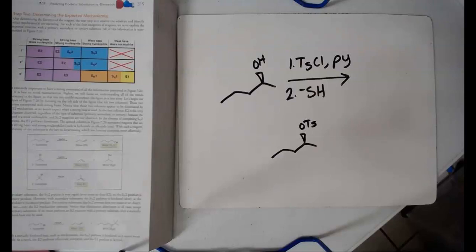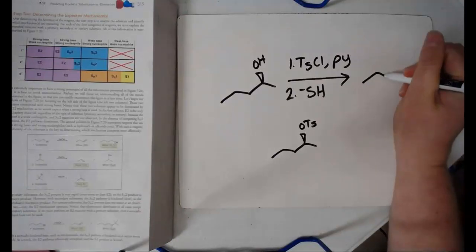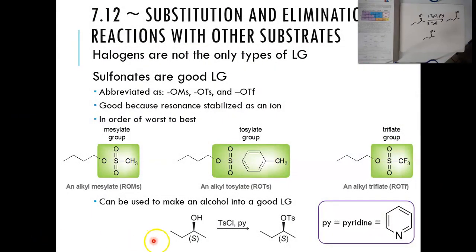We want to react it with that SH, and we know that we have a secondary alcohol and we have a nucleophile, so we know it's an SN2 pathway. So we will attach that sulfur. Now when we react the sulfonate groups, they have no effect on the stereochemistry. So we don't have to worry about that until we actually go through our substitution reaction. And then we do have a couple more